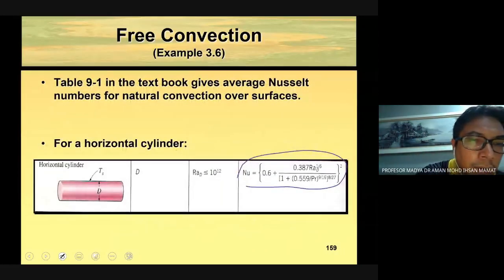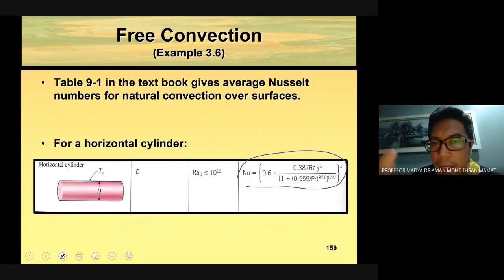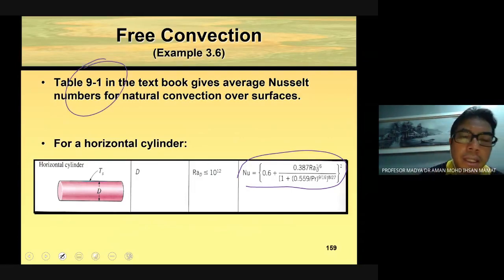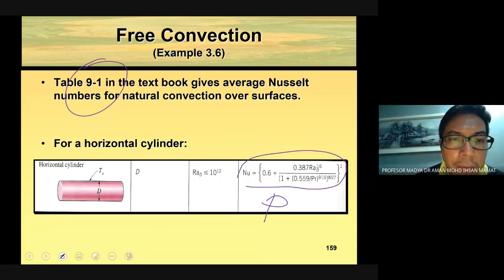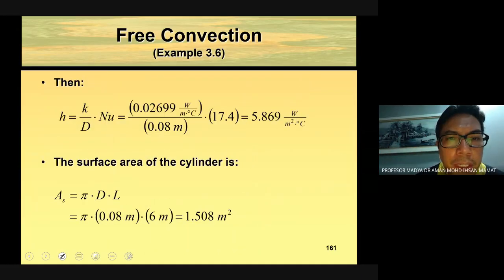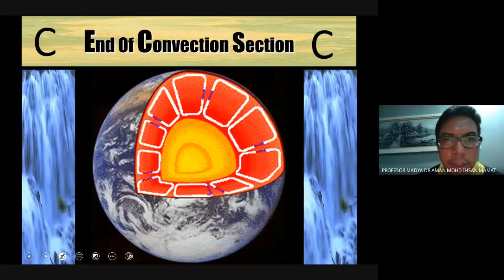Not just the horizontal cylinder, vertical cylinder, and few more correlations; from the table you can refer to the table from your textbooks, for all of the correlations between the Nusselt number and the Rayleigh number that we have. Okay, so this is guided